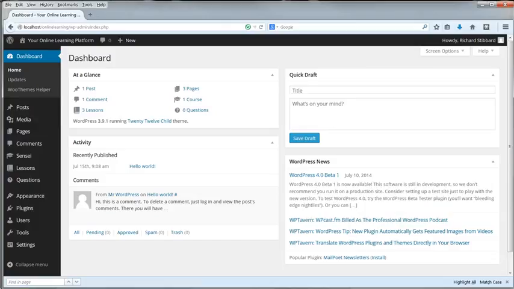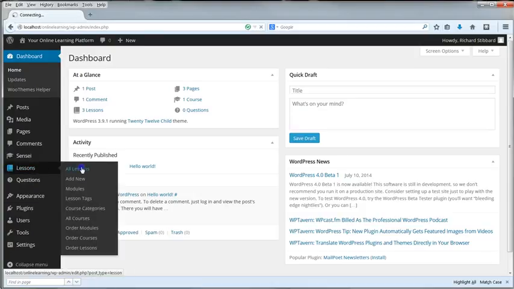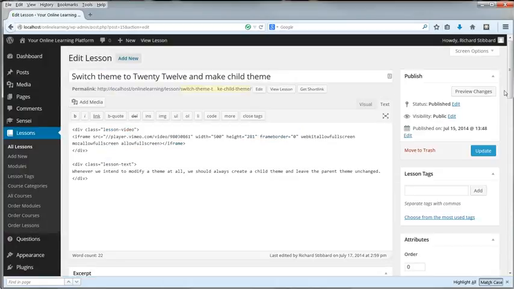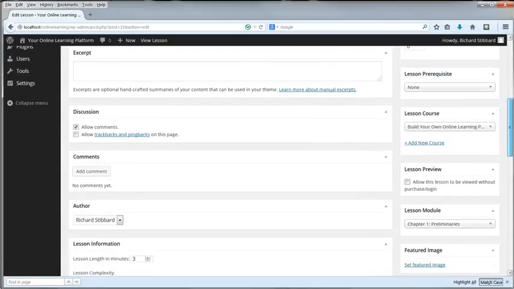Sensei has a variety of quiz types and ways of measuring student progress through the course. Quizzes are set in the individual lessons. Let's look at these now. Go to one of the lessons, click Edit, and scroll down to the quiz setting sections down at the bottom